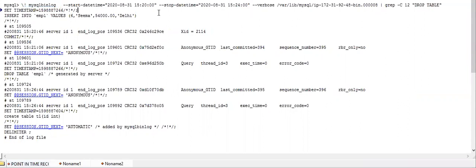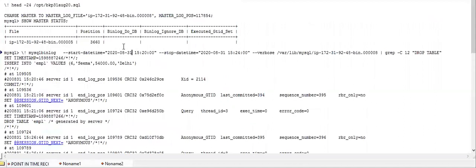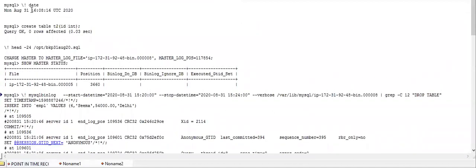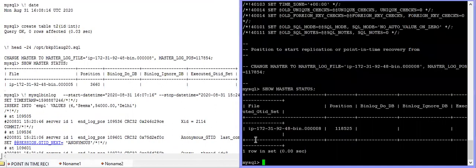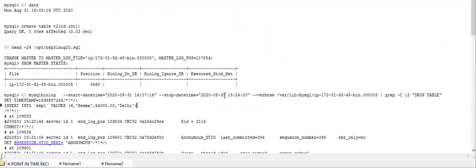Let's find out the timing, the start time. Suppose the start time we took was 16:08, I can keep that here just for simplicity. Before that, 16:07. And what is the time now? Now the time is like 16:11. Okay, so now I'll put here 16:11.